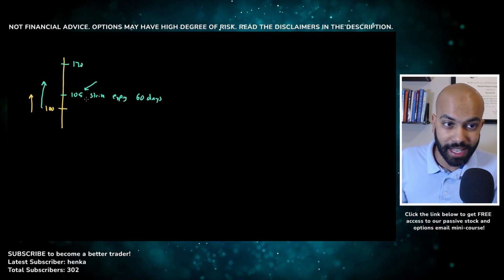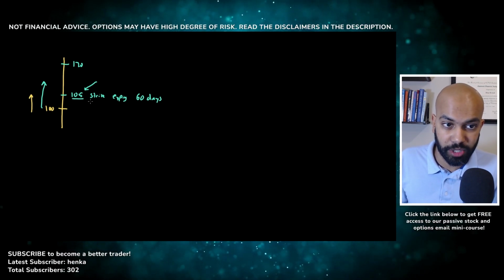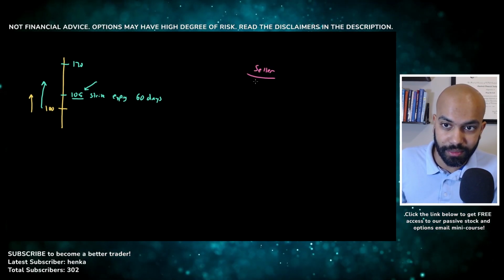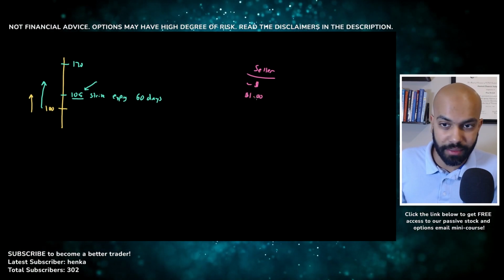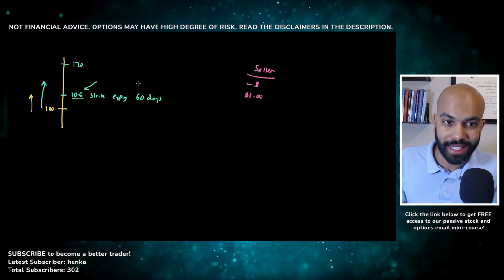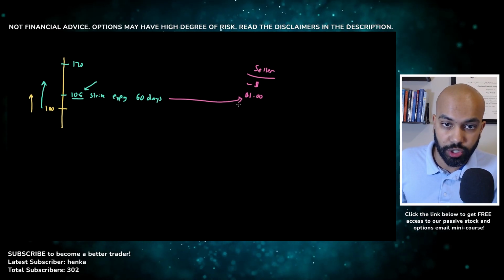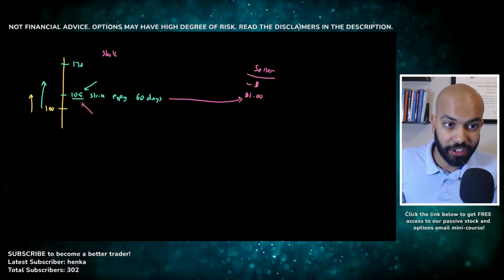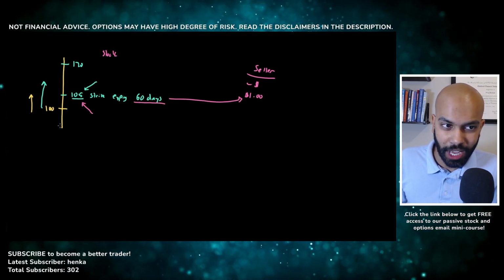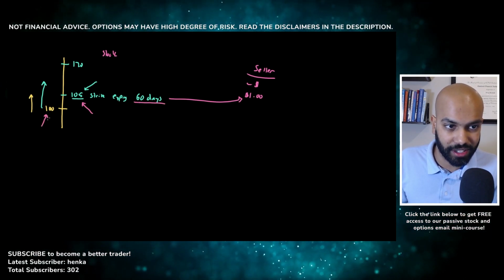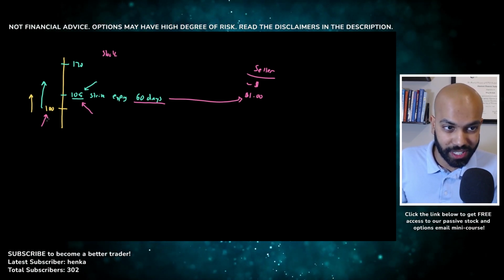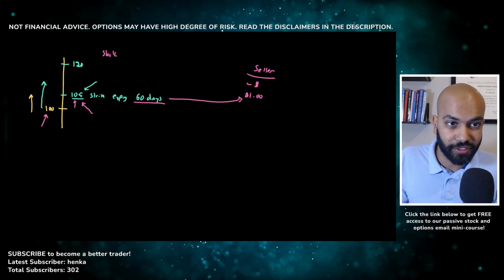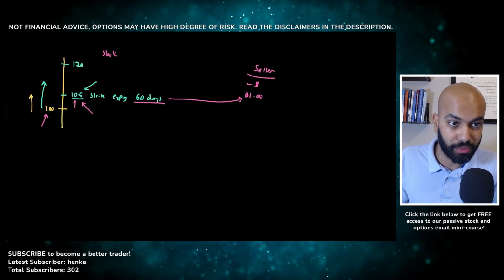I mean, you're paying a premium for this, a small amount of premium to the option seller. If you remember, the option seller here, they are the ones receiving a premium. And I'm just using hypothetical numbers here, but you would pay, let's say, $1 for this right to buy 100 shares of this certain stock at $105 that expires in 60 days. And remember, right now the stock is only trading at $100. So all that means is if you think the price is going to go up, great, you have the right to buy it at $105. And you could sell it for $120 in the future if that's where price actually wants to go.